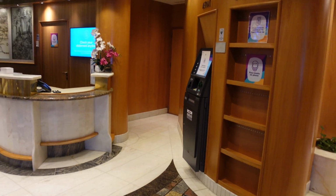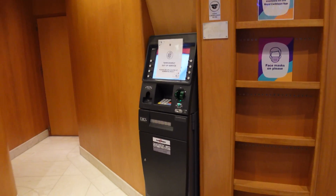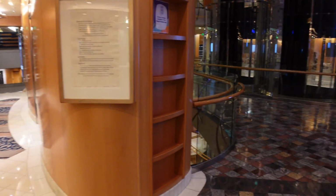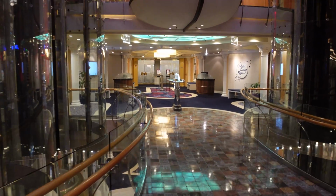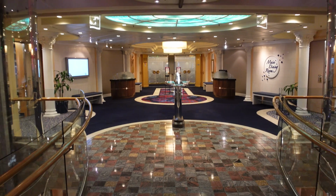There's also ATMs at both ends of the ship. So there was one on the forward side beside Sorrento's. There's another one here. So if you see this one is currently out of service, there is another one on the other side, the forward part of the ship, that you can access to get some cash out of your bank accounts. And then at the very aft of the ship, that's where you're going to find all the food options